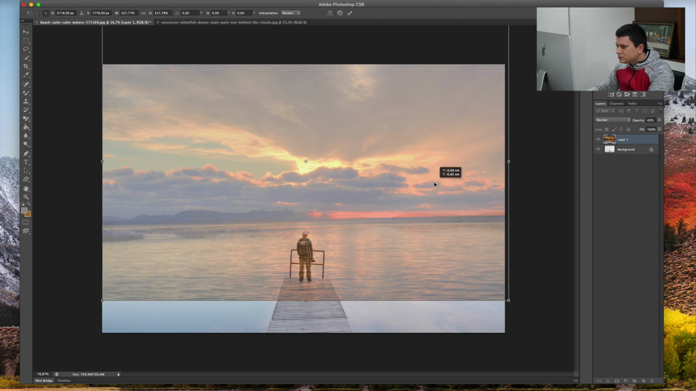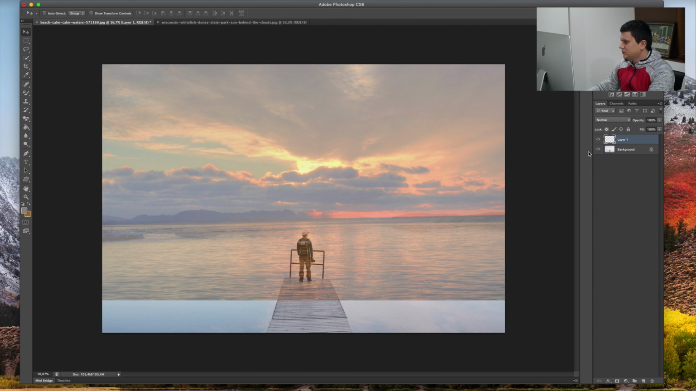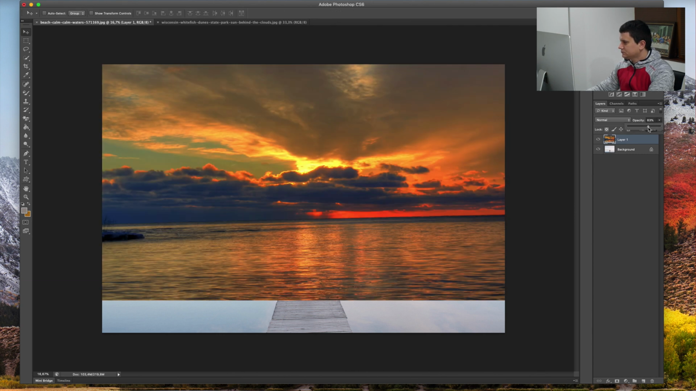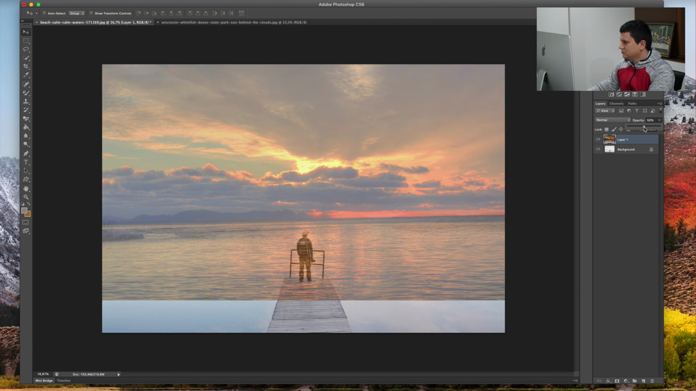You need to just above the mountains. Okay. Hit the Enter key. Now again with the lowered opacity,